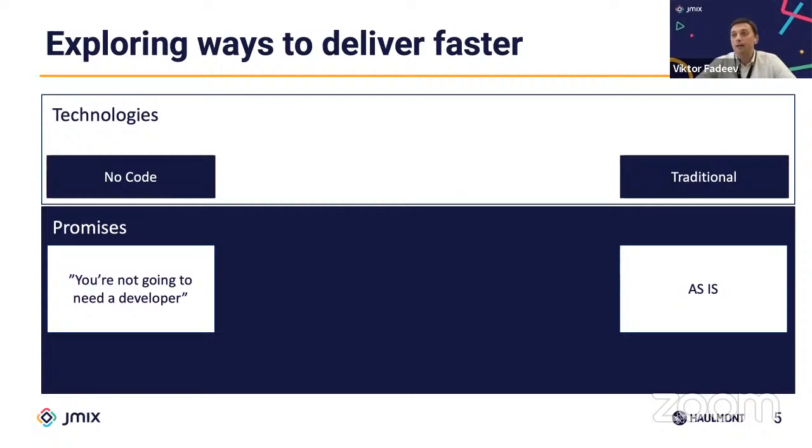The major promise coming from the vendors of this market says that you are not going to need a developer. So definitely these kinds of technologies help companies to deliver digital products faster, eliminating the demand for developers. These platforms and tools announced a new type of developer in the market called the citizen developer. These are persons working in companies or in consultancy companies who do not have a software engineering background. So they are not developers at all, but